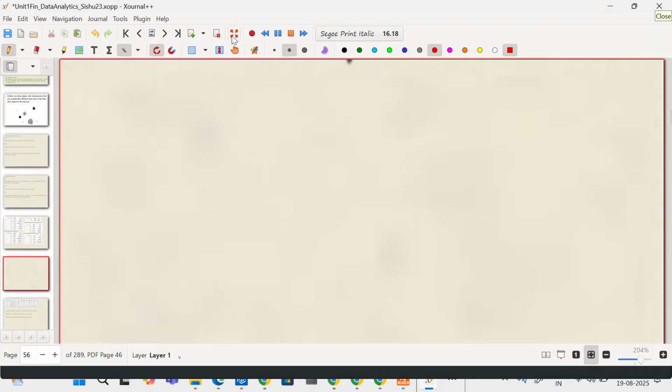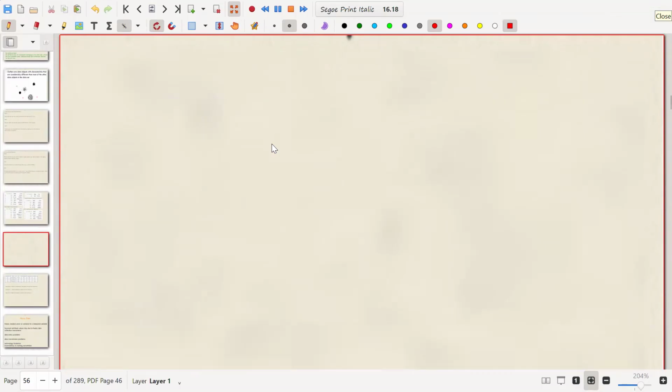Fine. So now that we know that data cleaning is essential, of course you will have missing values in your data set. So today we'll discuss something known as